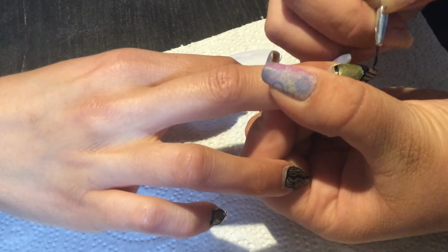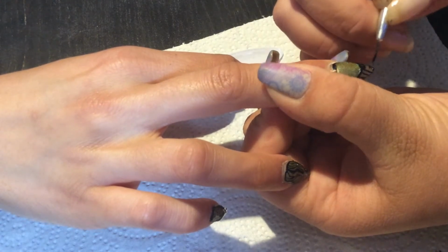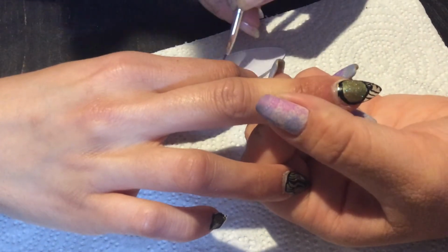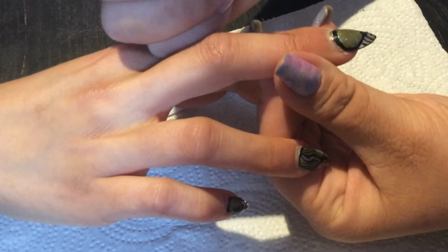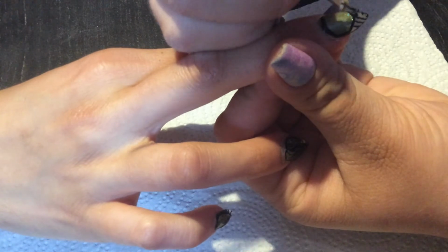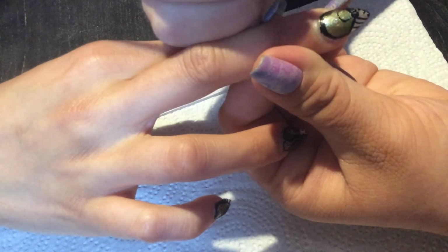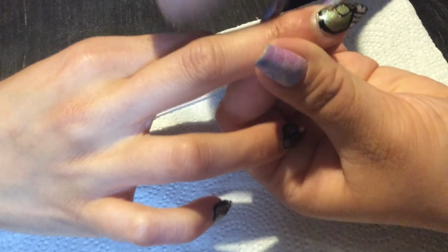All right, I'm going to give a couple of little dots here just to kind of set that off. And now we're going to come into the middle in more of a giraffe kind of style. We've got a couple on the other side, and we just want to create an open but connected round vibe. So I'm going to go up to the top and create some loose, uneven lines